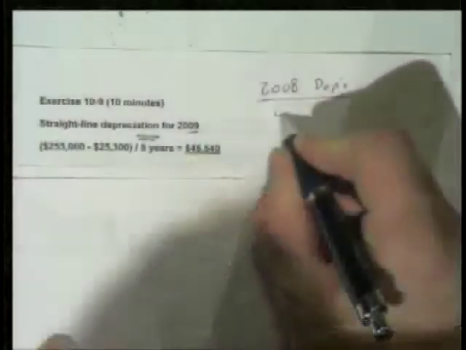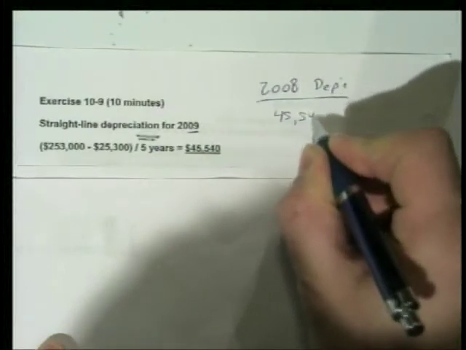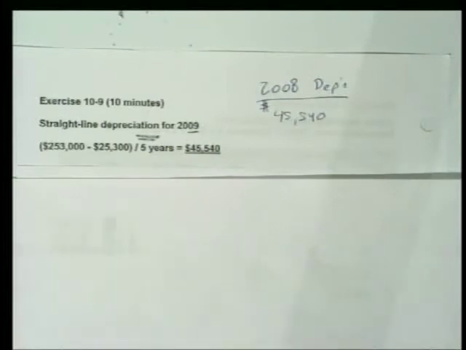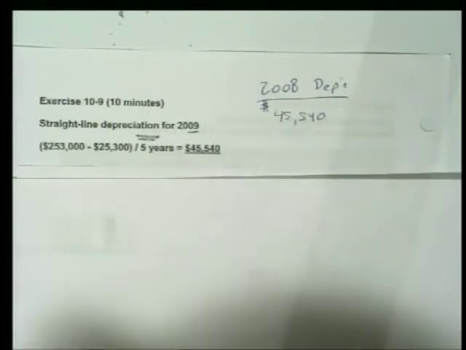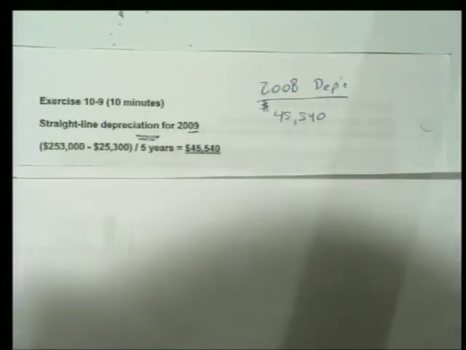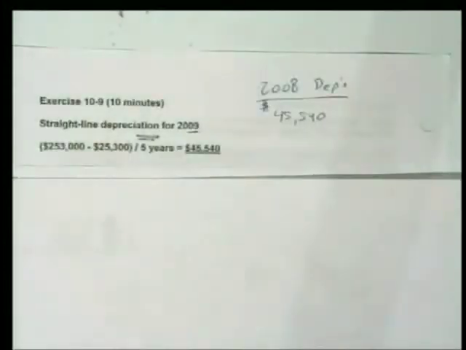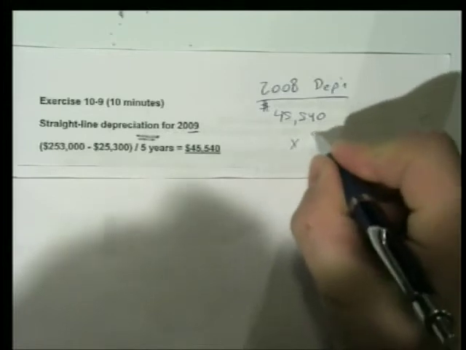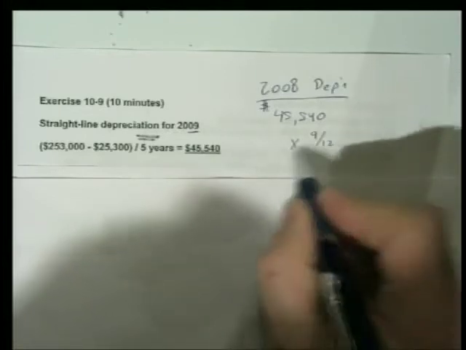All right, so what we're going to do for 2008, we know that we take 45,540 if it's a full year, right? How many months did we have it in 08? 9. We had it for 9. We bought it at the beginning of April, so we had April, May, June, July, August, September, October, November, December. That's 9 months, right? So if we take that times 9 over 12,